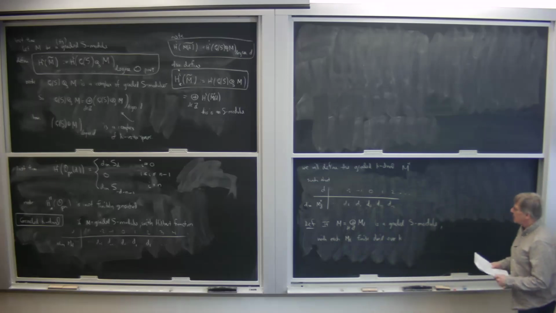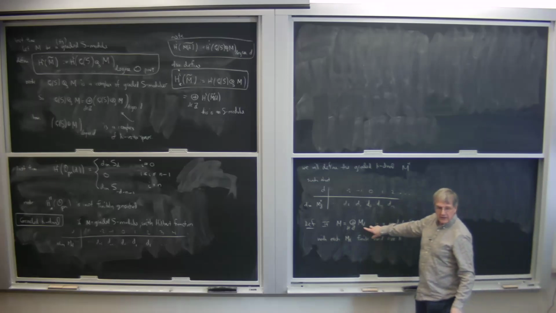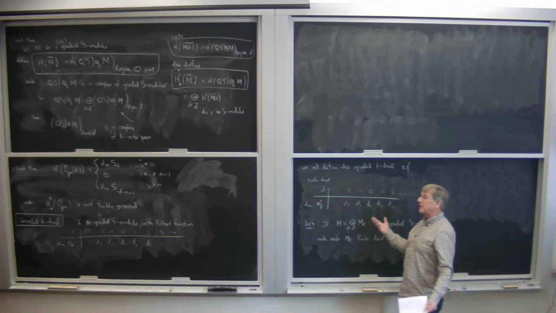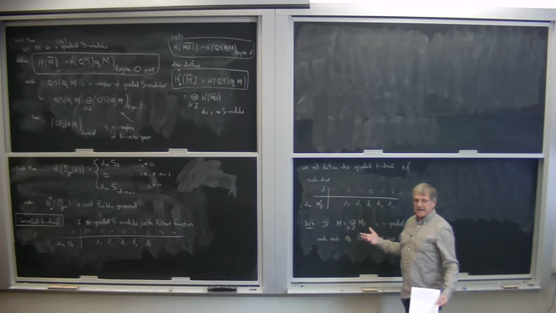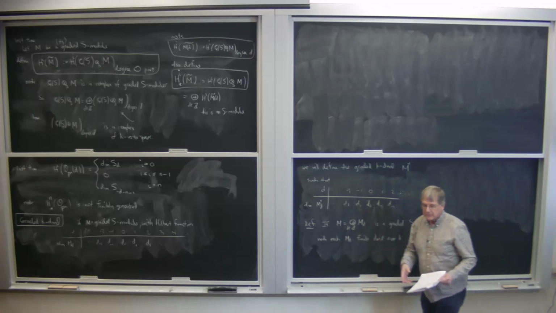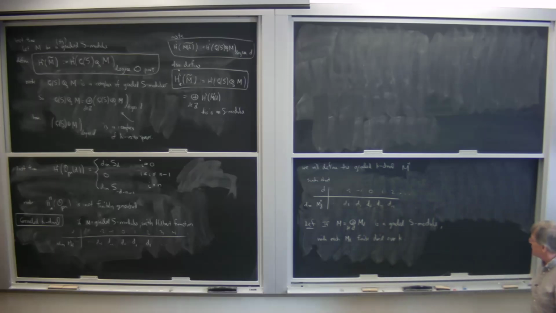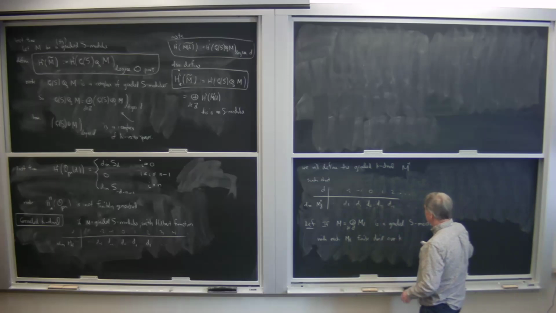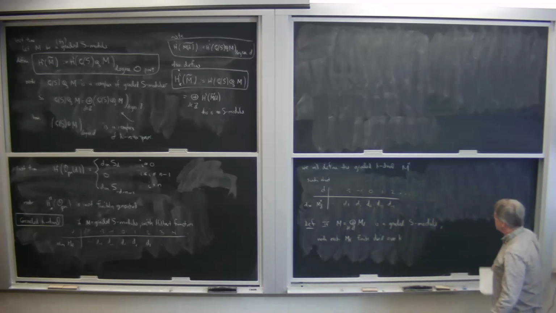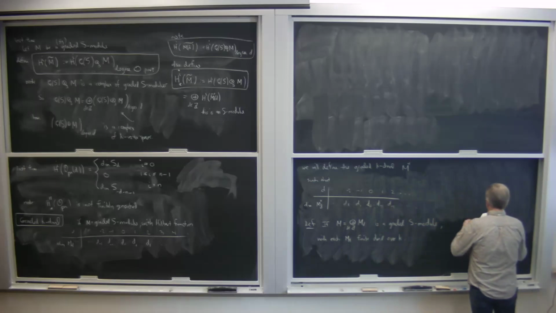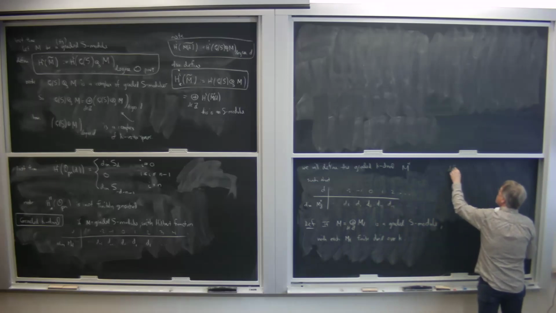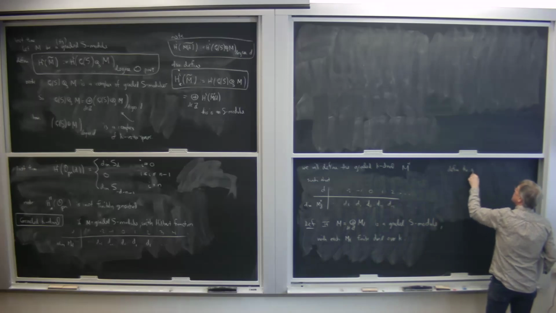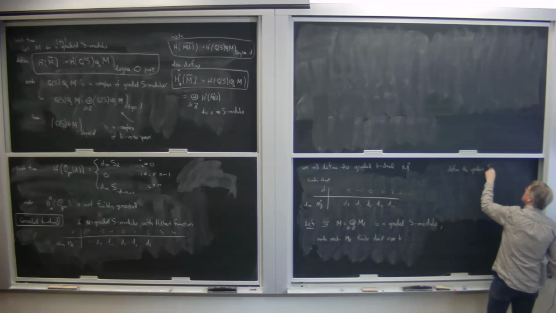Okay. This is what we've always seen. The only time, I mean, if I took an infinite number of copies of S, this would not happen. But any time we have finite generation, this would happen. But it would happen in more cases than that. Okay, so anyway, if this is the case, we're going to define the graded S module